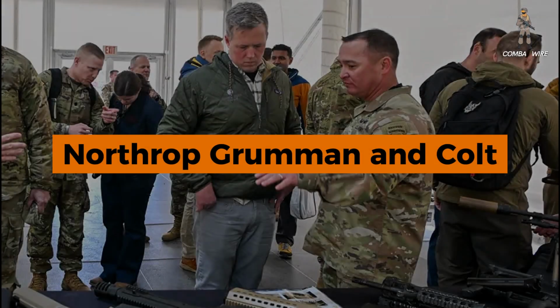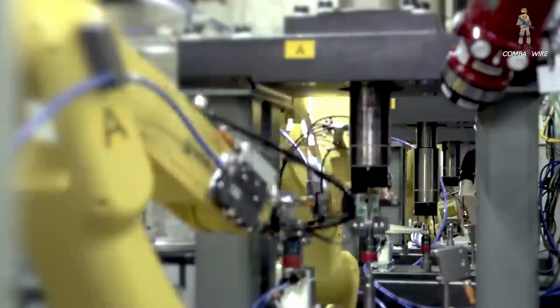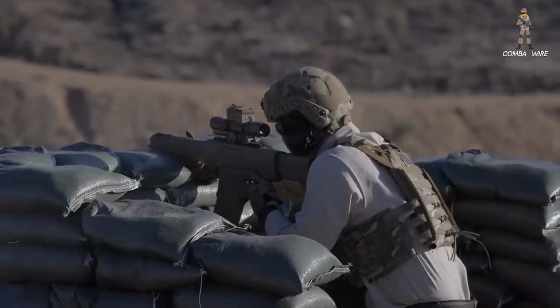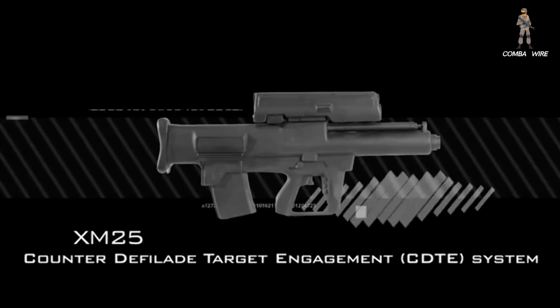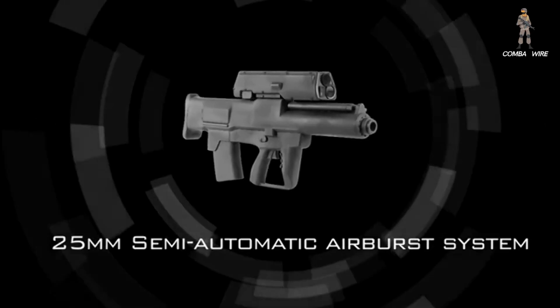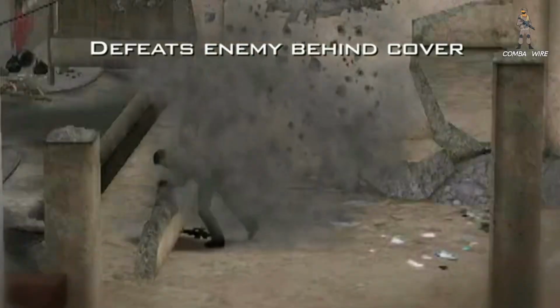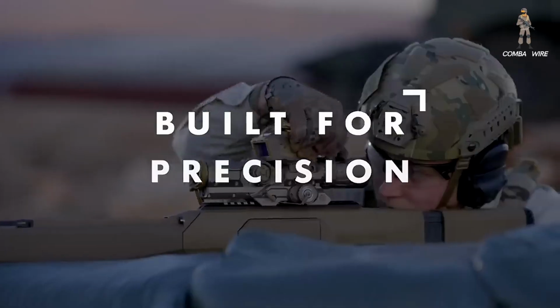Northrop Grumman and Colt now take those lessons as a baseline, keeping the programmable airburst idea but radically rethinking packaging, ammo suite, and optics integration to match contemporary soldier requirements. Technically, the new launcher targets the Army's Precision Grenadier System, counter-defilade capability, effective reach out to at least 500 meters, about 1,640 feet, and an expanded ammunition set that can handle lightly armored threats, small drones, door breaching, and close-quarter